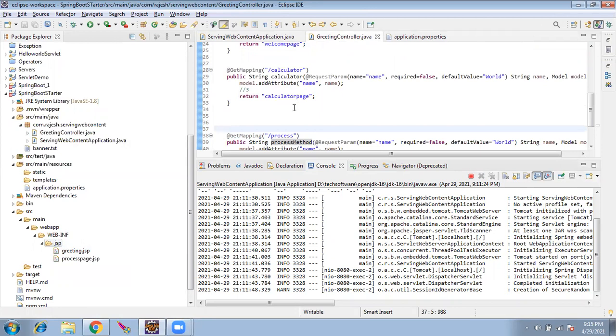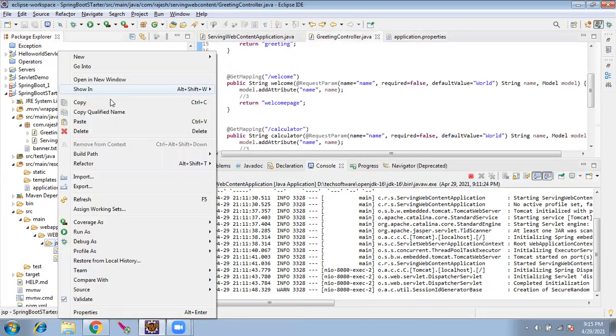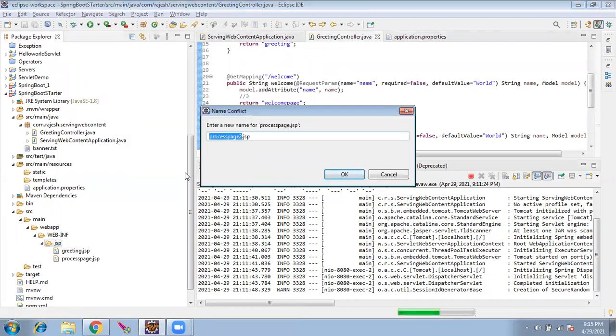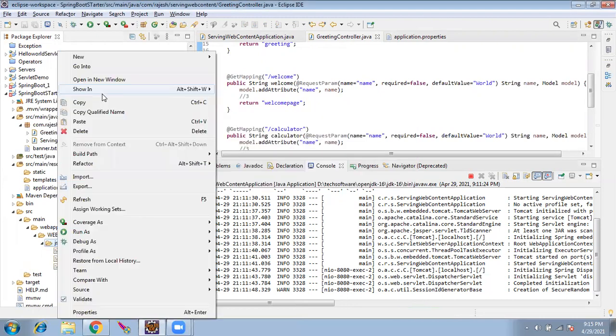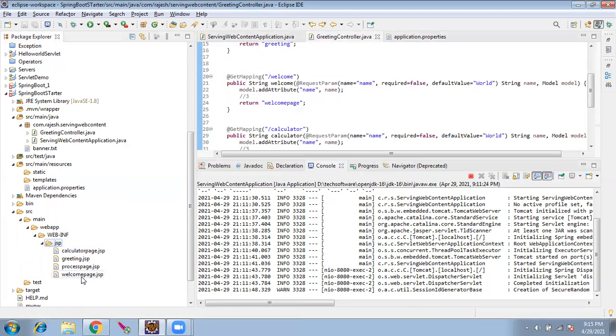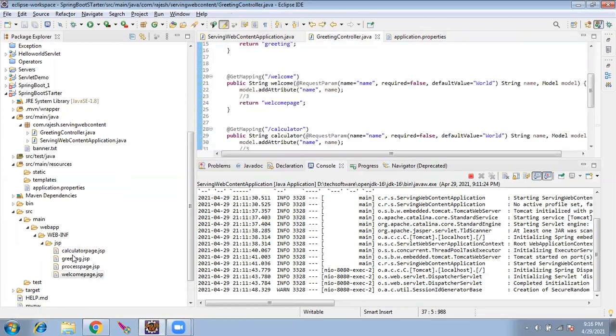Create the calculator page and welcome page, all lowercase. Paste, calculator page.jsp. Paste one more time, welcome page.jsp. I'll go inside and I'll change the content alone. Welcome page. And I will go inside.